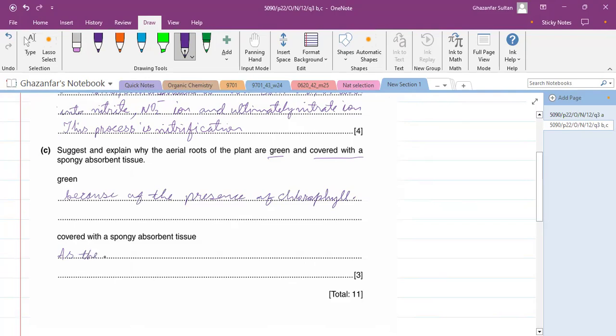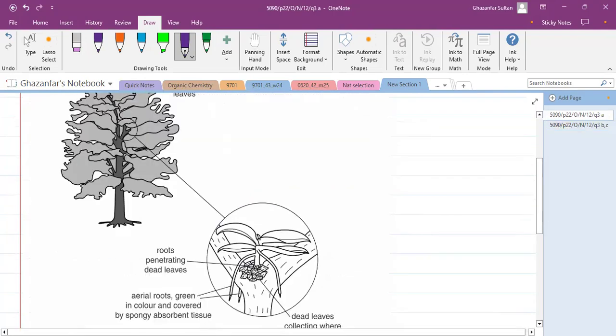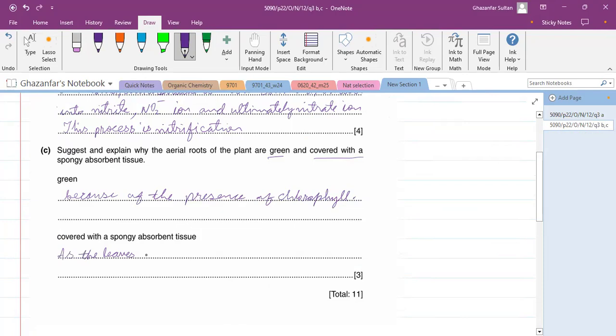As the leaves, they are talking about the leaves of this small plant which is covered by the canopy of the tree. So as the leaves of the plant